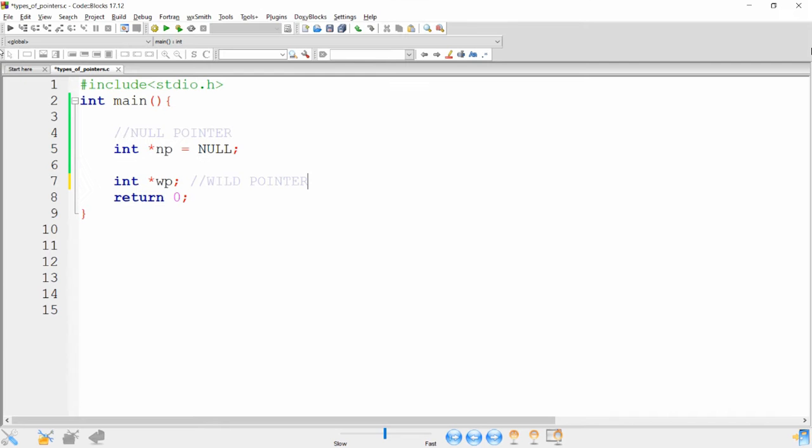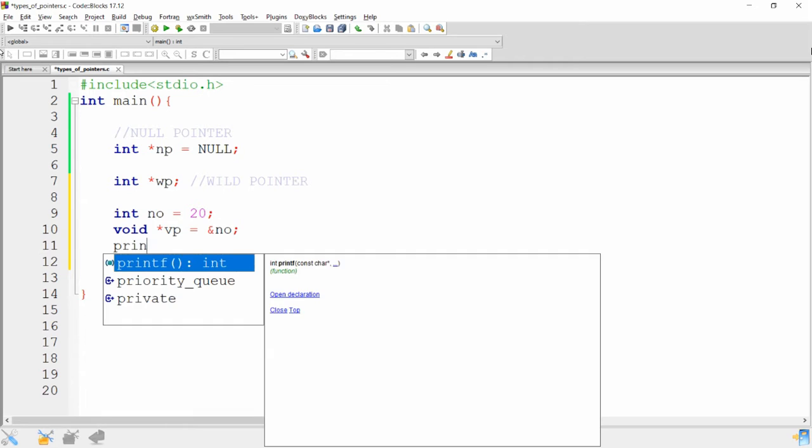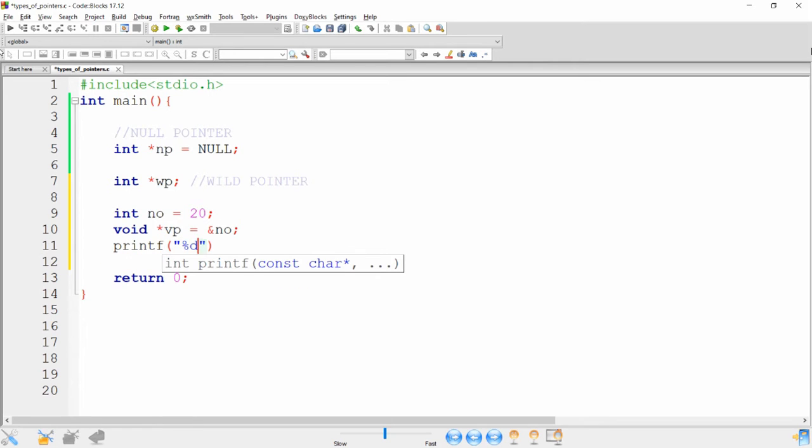Let me give an example for the void pointer. For example, int number = 20. Now I am writing void *vp = &number. So my number is of type integer and the void pointer is pointing to the integer value. Whenever you want to access that value, you can use %d. If you write *vp directly, it will give you an error.